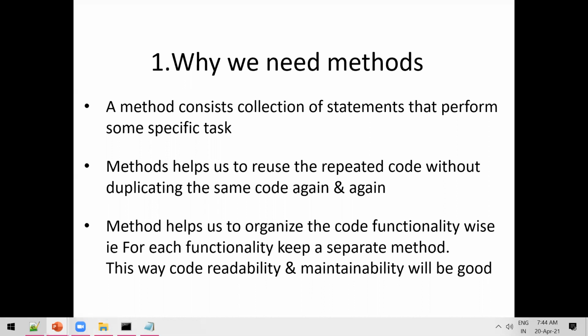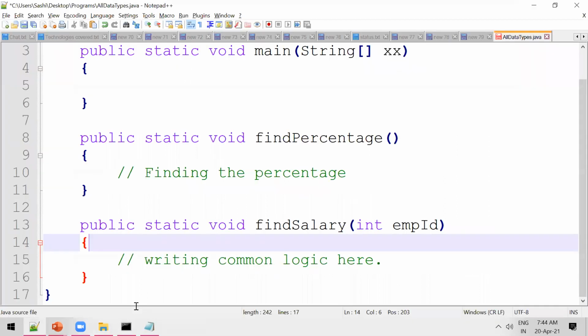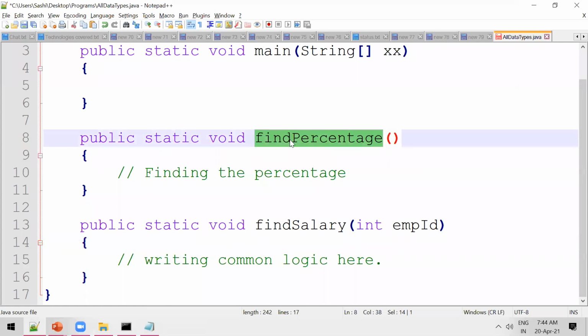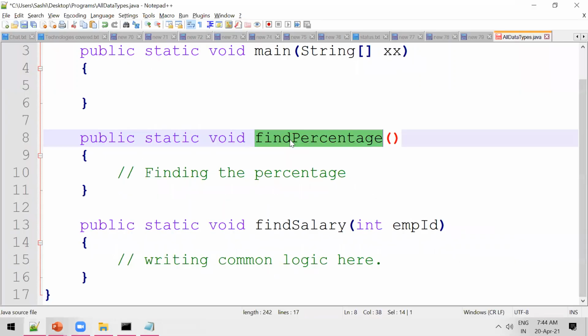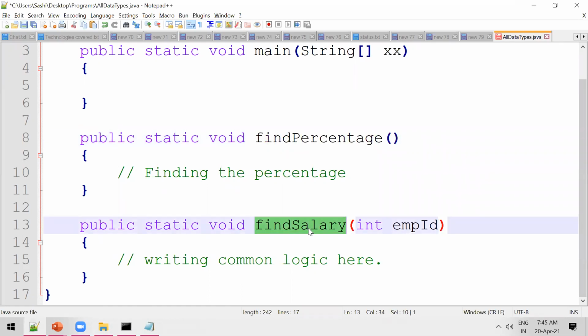And the third point is, as I said, each method is for a particular purpose. Each method, we are keeping it for a particular purpose, functionality wise. This method is for finding out percentage. This method is for finding out salary.